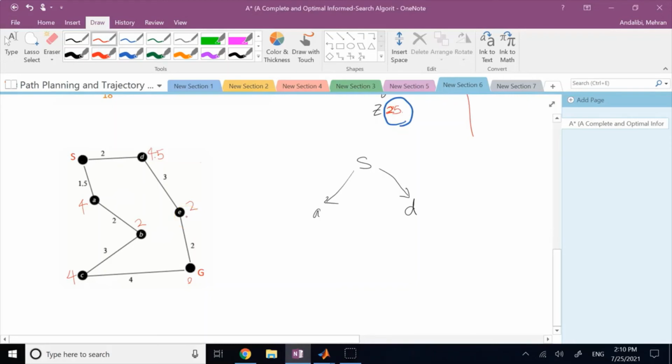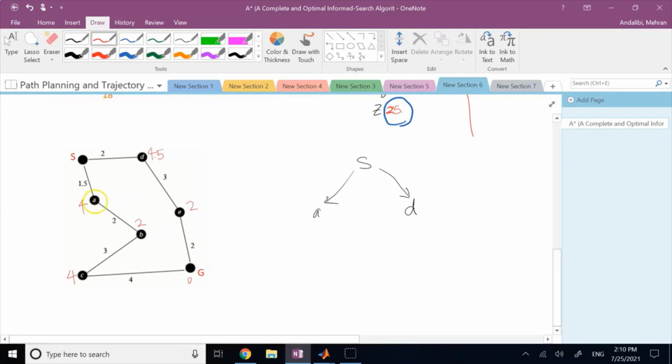Now, is the H function here monotone? We can check that, right? To see whether it gives me an optimal path, although here there are not really more than 2 general paths, going in the DE direction or going in the ABC direction, right? So it's not really complicated. There are only 2 paths you have to decide. But if I want to see whether my H is monotone or not,